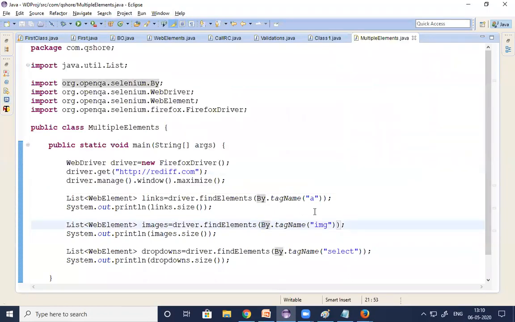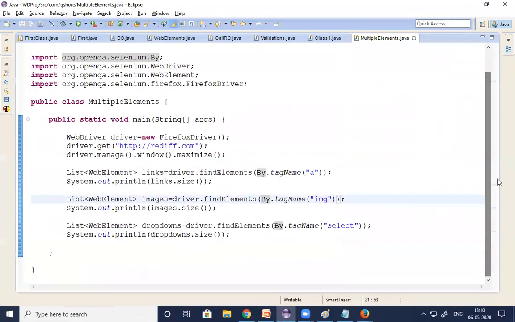This is how we work on multiple similar elements in an application. But in this session, I have explained only how to count the number of links, images and drop downs. That's all. In the next session, I will explain how to work on the links. Once you count the number of links, I would like to print the names of the links, with getAttribute, the hyperlink reference of every link. I would like to print the number of images and the image source. All these things we will discuss in the next video, guys. That will be helpful for you because this is the base concept. Understand this concept, guys. So simple.